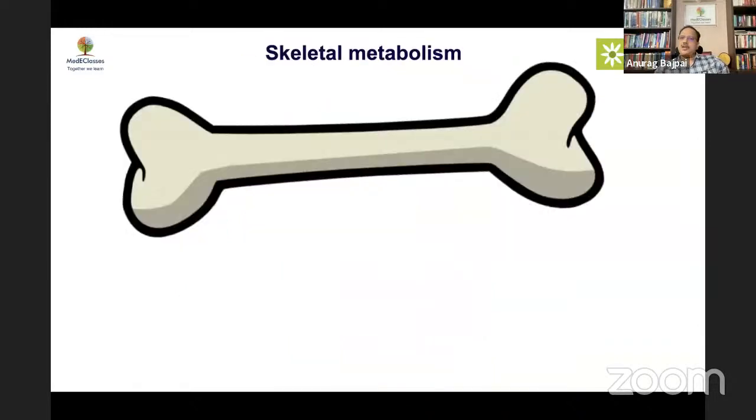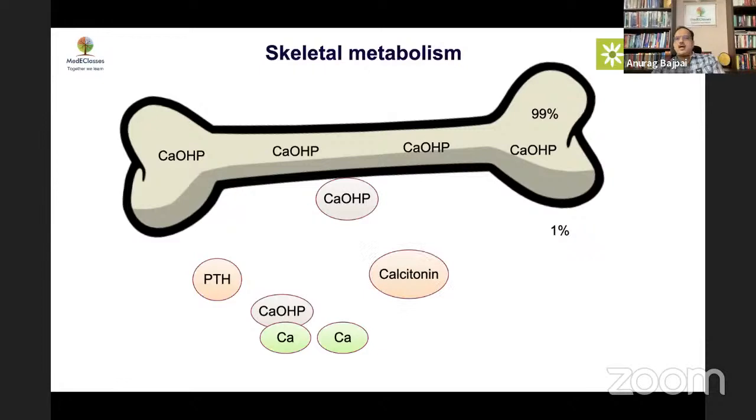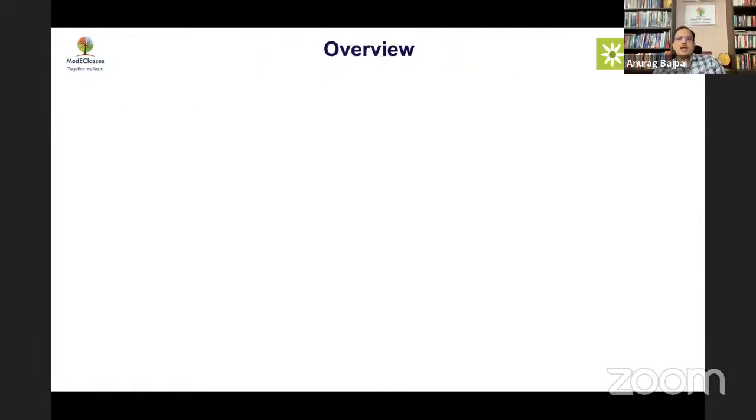The third major player, of course, is bone, which is the chronic store and which provides acute regulation of calcium. This happens largely in the form of an exchange, where PTH brings the calcium out from the bone at the expense of bone health. So if you have chronic hyperparathyroidism, you will have a low bone mass and a decrease in bone activity. Calcitonin, on the other hand, decreases resorption, causing deposition of calcium, again causing hypocalcemia, and because phosphorus also goes in, the overall process will have a problem.